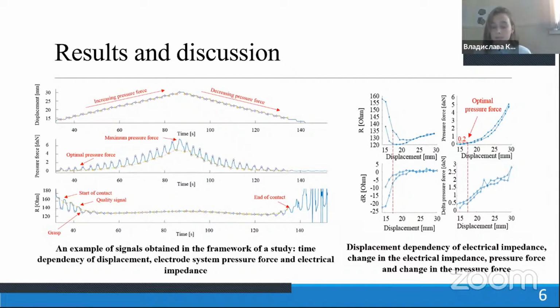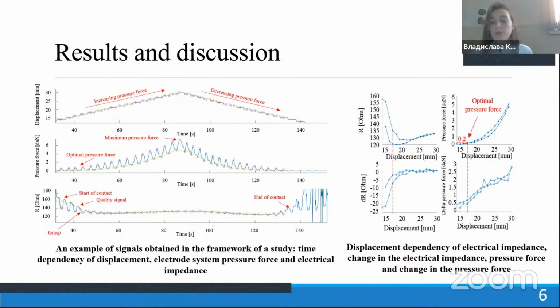At low electrode pressure forces, up to 0.2 decanewtons, high values of the parameter delta R are observed. However, the signal is unstable at the slightest change in the pressure force of the electrodes. In order to avoid signal instability, the pressure force of the electrode system must be in the range from